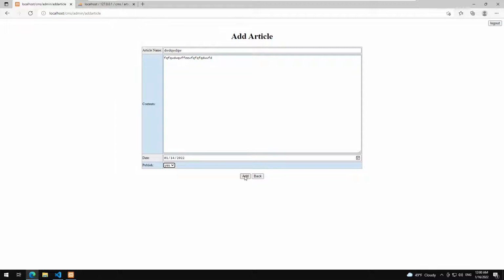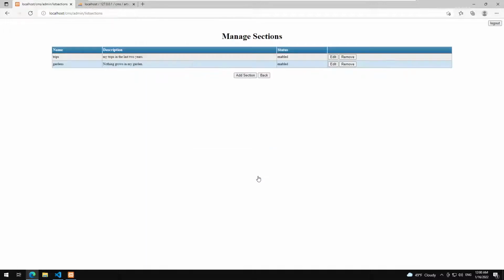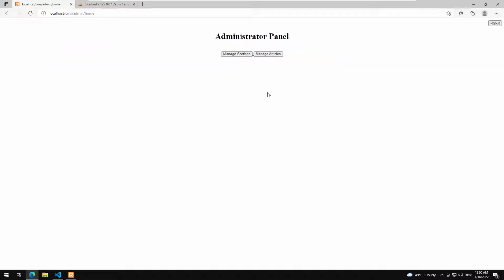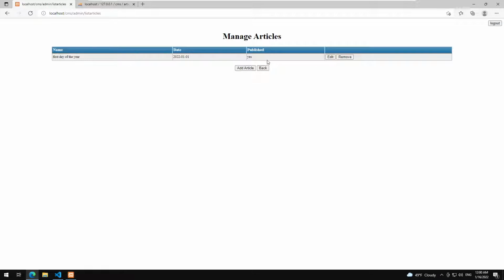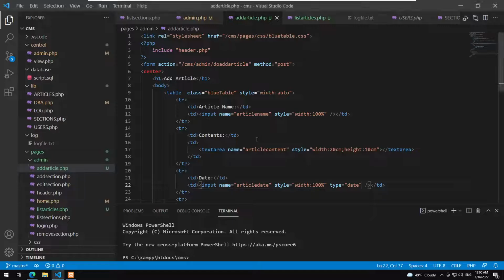no, and we just hit back if we want to go back, and the back is getting me to the sections, which is wrong. I need to go to what? To articles. Okay, so let me go to